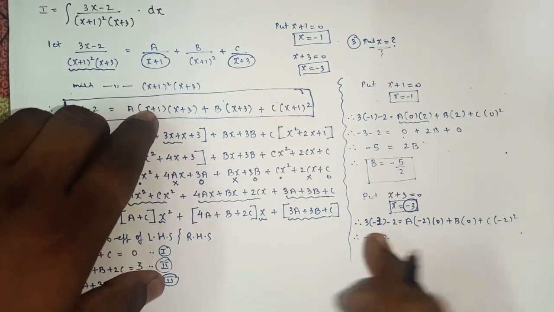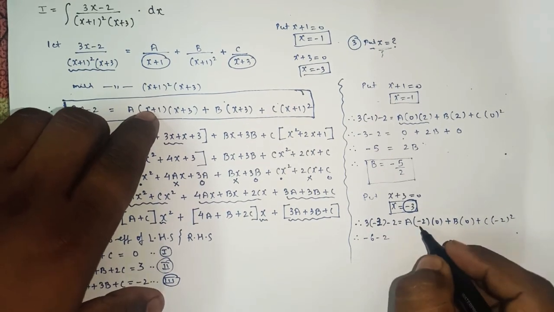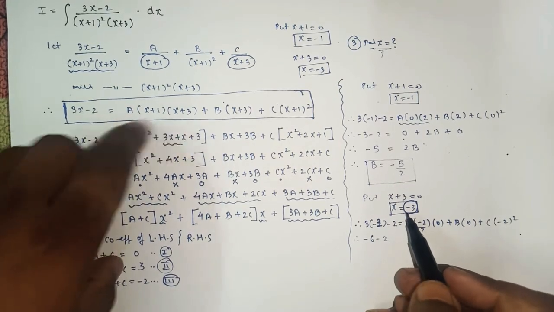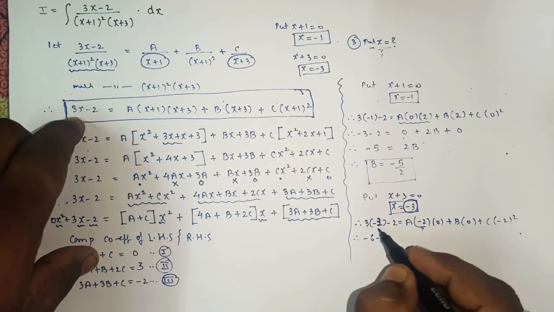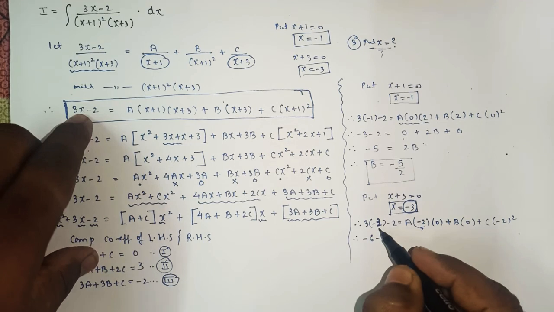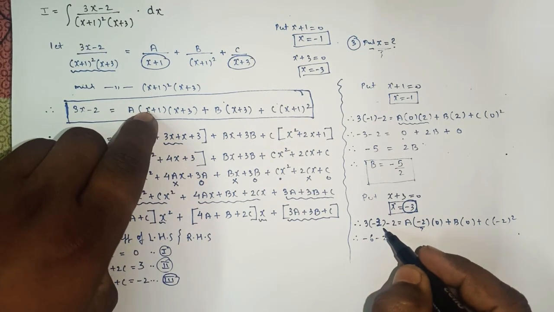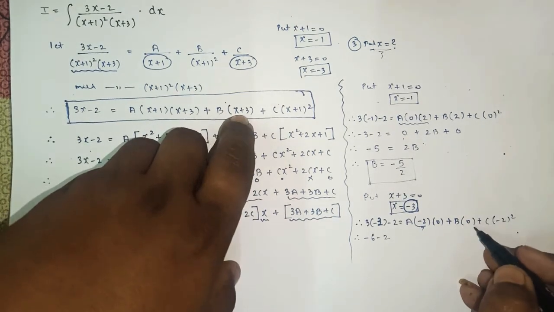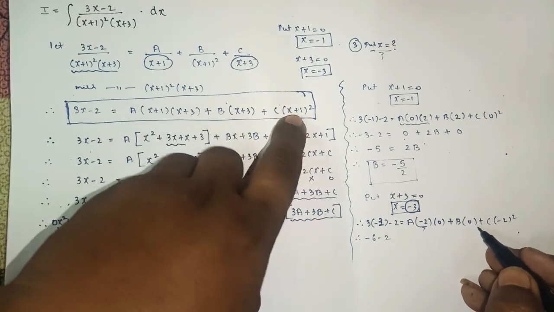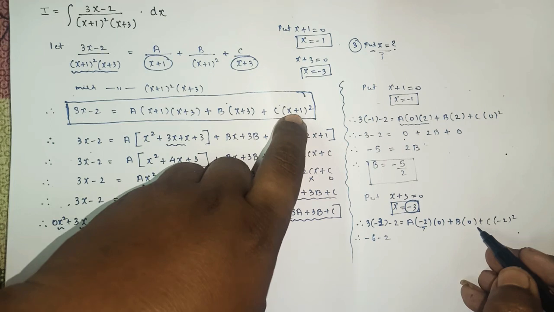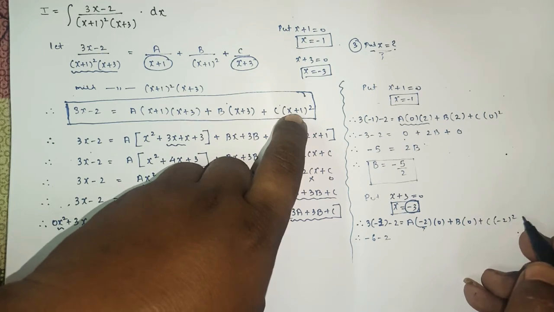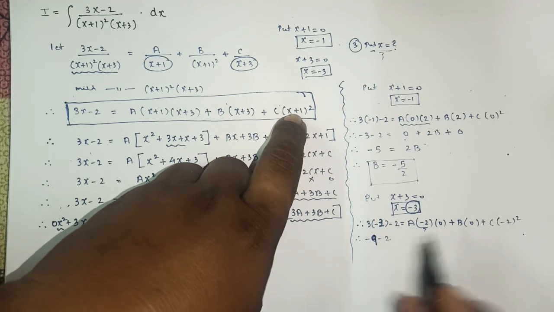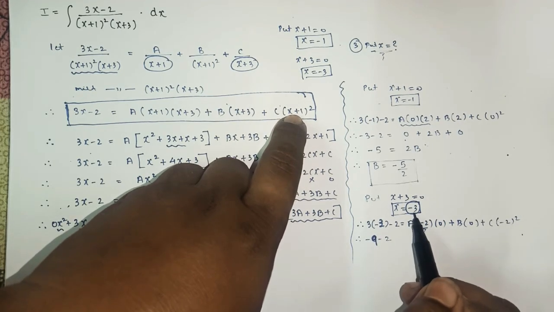Okay, sorry for that. Just simply replace each and every value of x by minus 3. So here minus 3 will come. Minus 3 plus 1 will be minus 2, and this part will be 0. So minus 3 plus 1 will be minus 2. Yes or no? So here you will get minus 9, as we are replacing the value of x by minus 3.